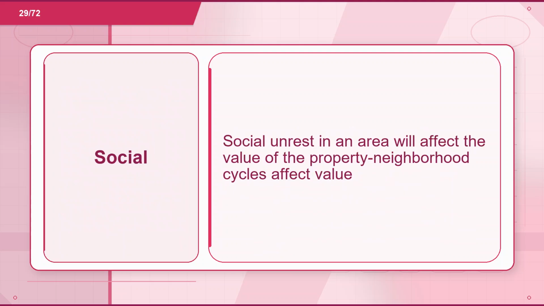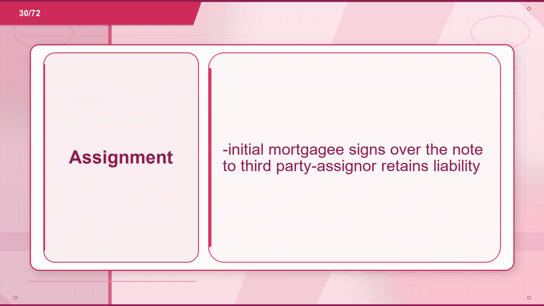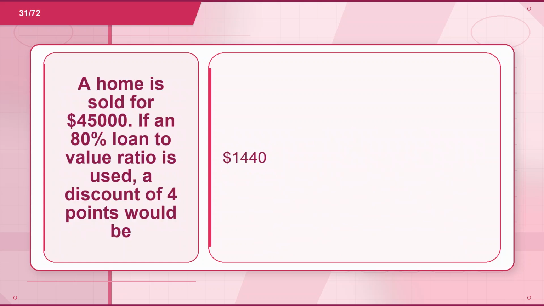Flashcard 29. Term: social. Definition: social unrest in an area will affect the value of the property. Neighborhood cycles affect value. Flashcard 30. Term: assignment. Definition: initial mortgagee signs over the note to a third party; assignor retains liability. Flashcard 31. Term: a home is sold for $45,000. If an 80% loan-to-value ratio is used, a discount of 4 points would be... Definition: